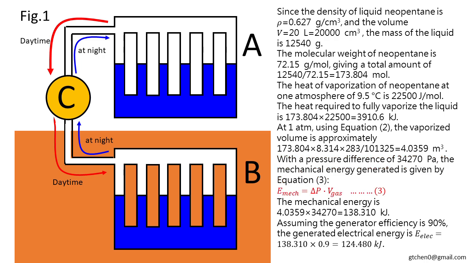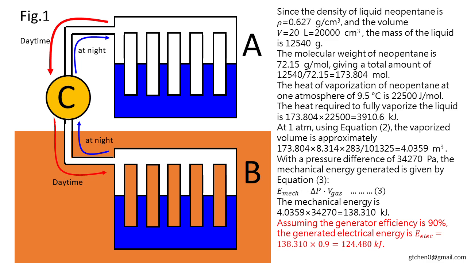E sub mech equals delta P times V sub gas. The mechanical energy is 4.0359 times 34,270 equals 138.310 kilojoules. Assuming the generator efficiency is 90%, the generated electrical energy is E sub elec equals